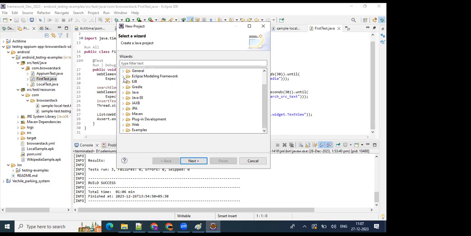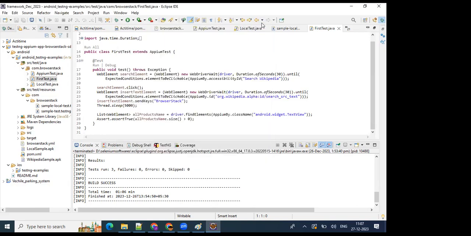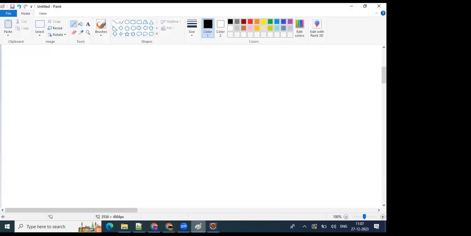So you can create. Okay, so that is basically Eclipse. So now let us see how to create Eclipse. Usually, first, Eclipse,